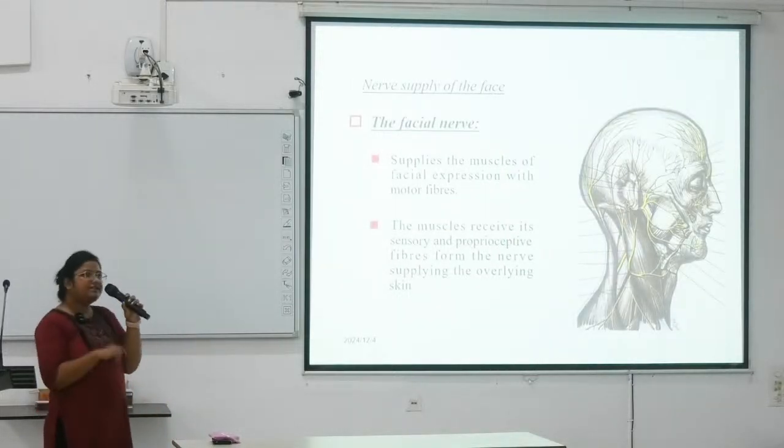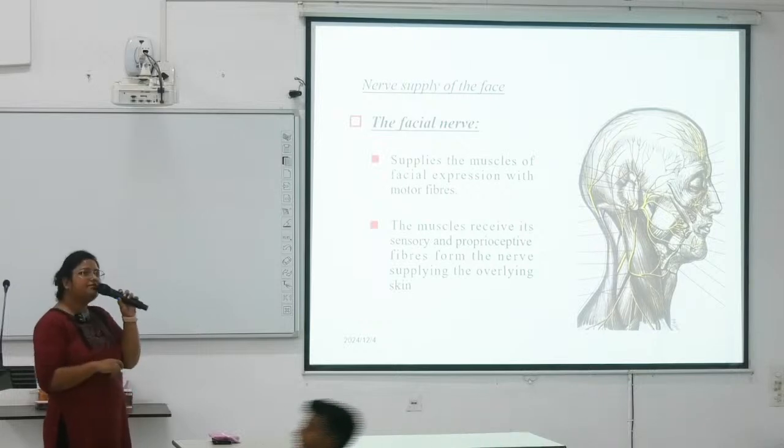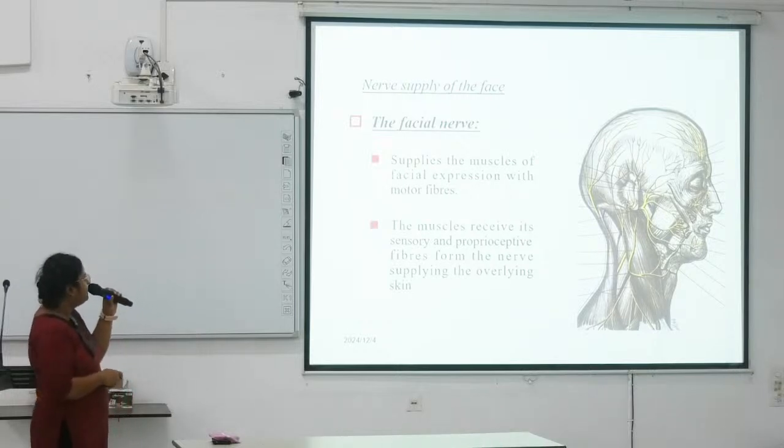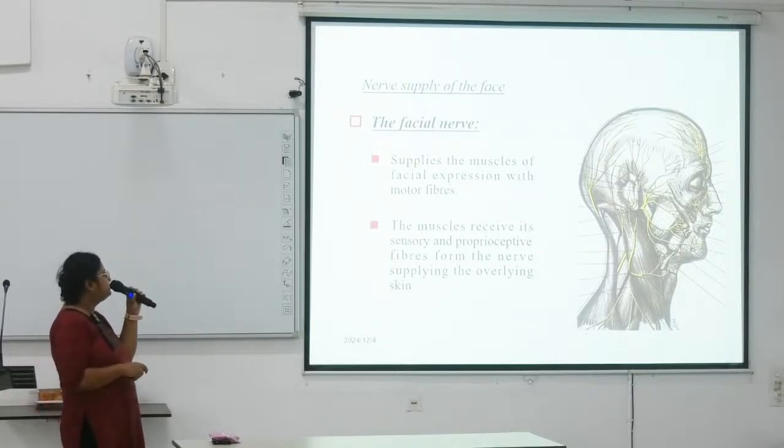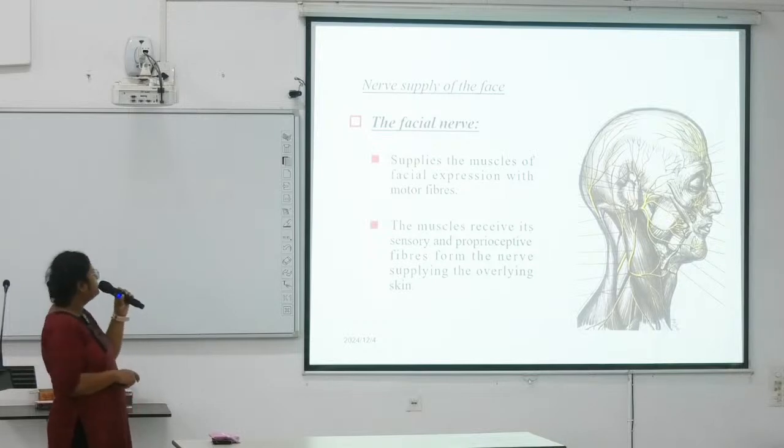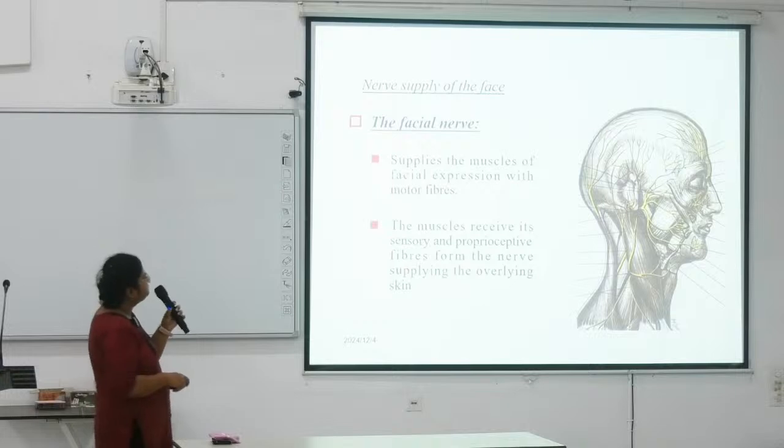Okay, now we will discuss the extracranial course of the facial nerve. So it supplies the muscles of facial expression with its motor fibers, and the muscles receive their sensory and proprioceptive fibers from the nerve supplying the overlying skin, that is the trigeminal nerve. Next,